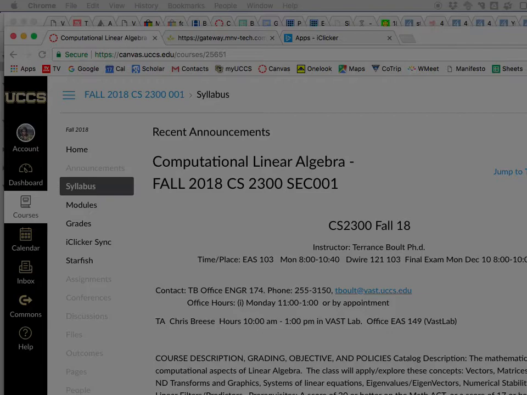Cheating. This is something I don't take lightly. If I've decided there's cheating, I will take it to the Dean of Students. Even if it's your first offense in this class, it doesn't matter, because the Dean of Students might see a pattern across classes. In general, if you cheat, I give you a 0 for that assignment, and